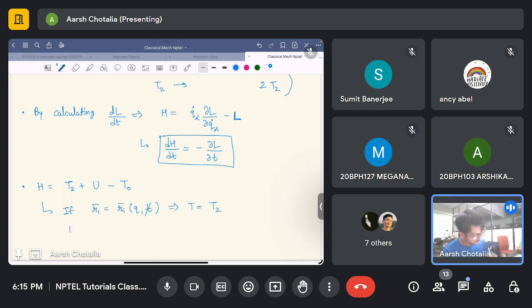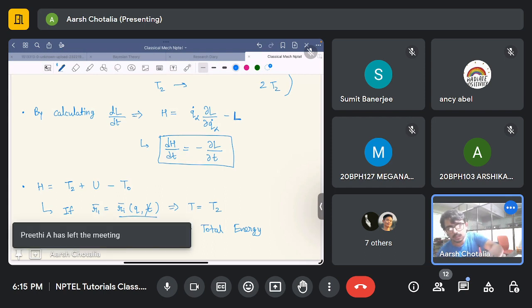In that case H becomes T2 plus U, and T2 is T, so it's T plus U, so total energy. So yes, the Hamiltonian is the total energy, but only when this transformation does not explicitly involve